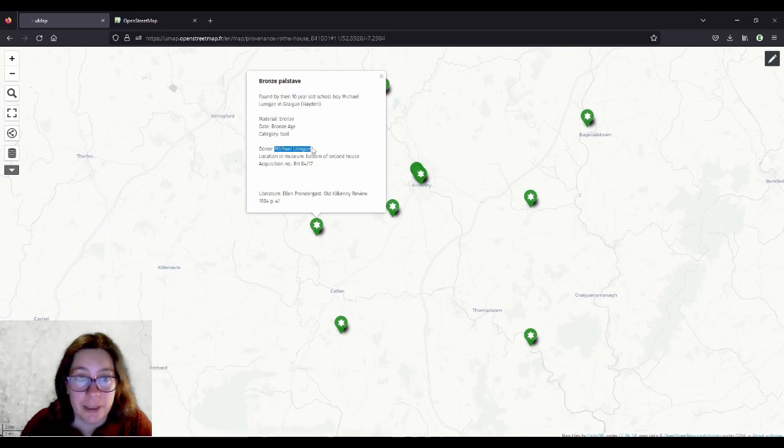We have the donor, Michael Lanigan, who was then a boy in the 80s. He was 10 years old, and in his summer holidays he found this bronze palstaff, and we have an acquisition number and we have literature about it. Ellen Prendergast was an archaeologist, one of the first female archaeologists in County Kilkenny, and she published quite a bit in the Old Kilkenny Review.